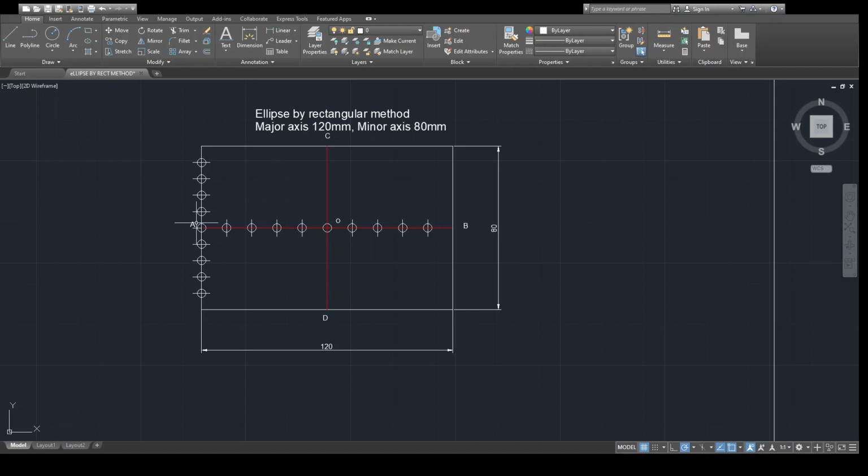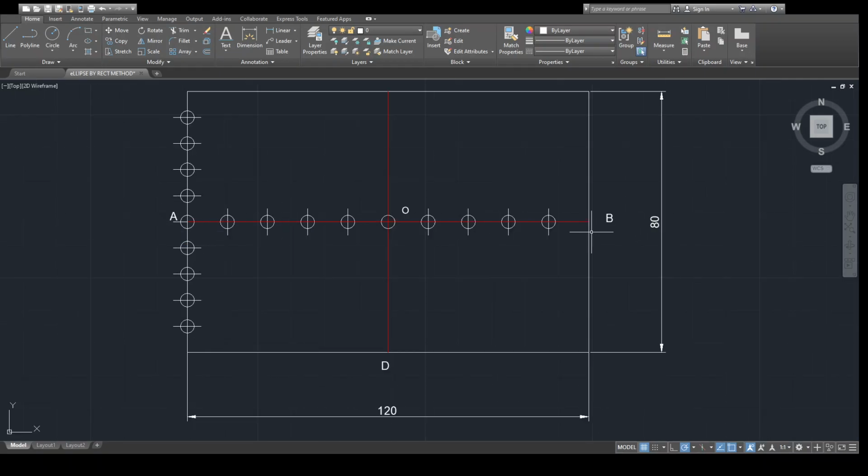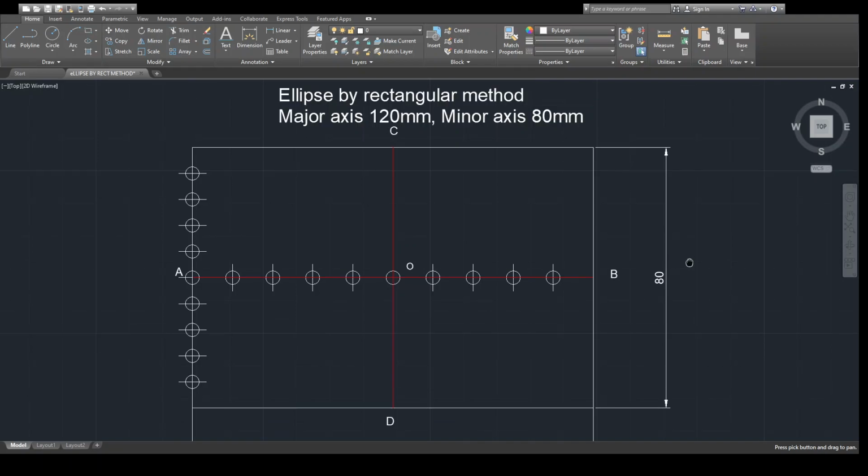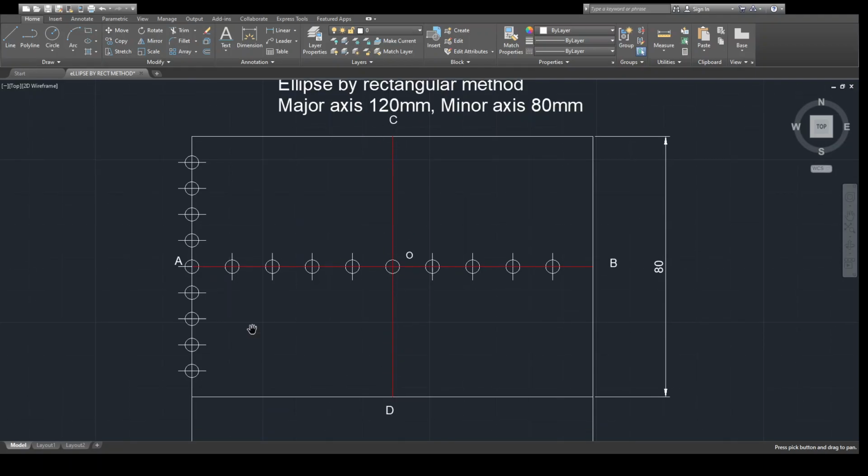Now, as you can see, this rectangle is 120 by 80. This is my major axis and minor axis. We name the major axis AB, and the minor axis CD. Up to this it's very simple. Draw a rectangle 120 by 80, name the major axis AB and the minor axis CD. Now the next step is